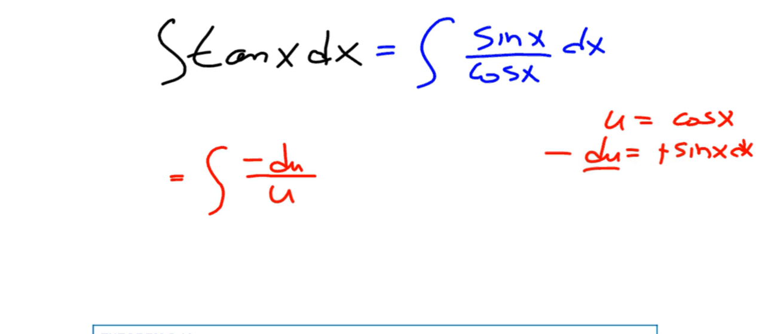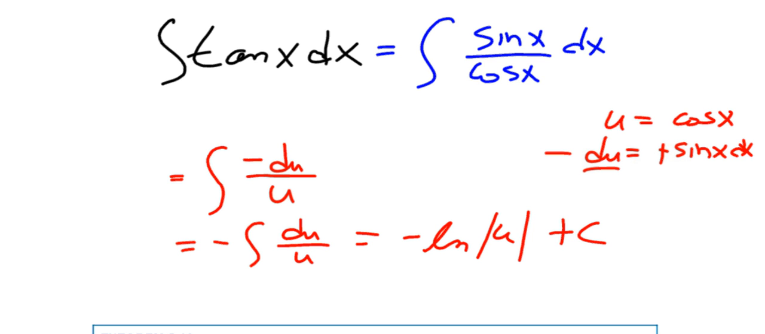So from here, that negative is really a -1 that I can pull out as a factor. And then I have du over u. And then we can see it's really negative of natural log of the absolute value of u plus c. Going ahead and resubstituting in, I get negative of the natural log of cosine x plus c. So from here, we can actually then take the antiderivative of tan x